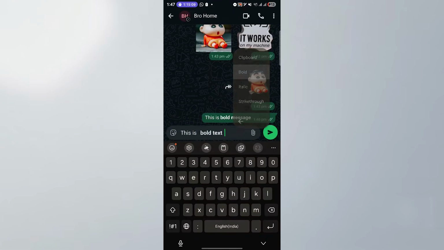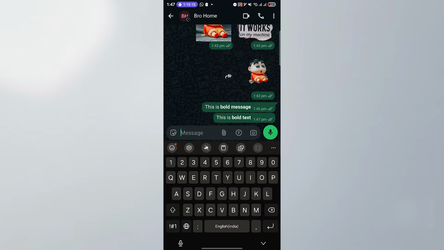Now choose bold, and that will instantly make that text bold. Click send and that specific text will be bold. So this works in both regular chats and group chats. So that's how you make